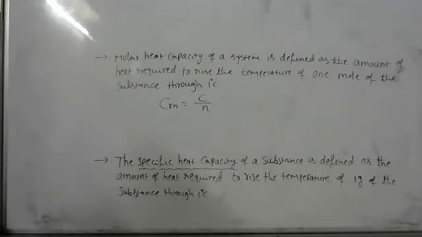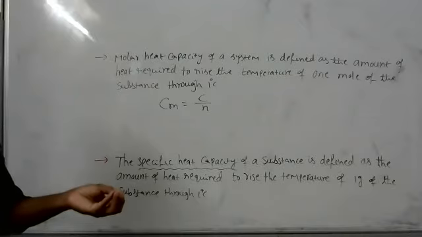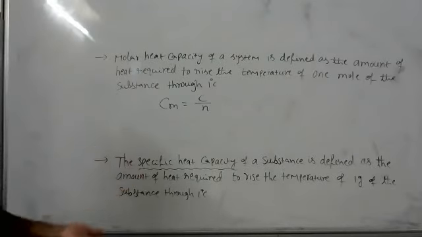There are some properties which depend upon the amount of substance. Suppose you take a small piece of iron metal, just a little amount of energy is required to raise it 1 degree centigrade. If you take a big piece of metal, we need to supply a large amount of heat. It depends upon the amount of substance. Okay, sir.